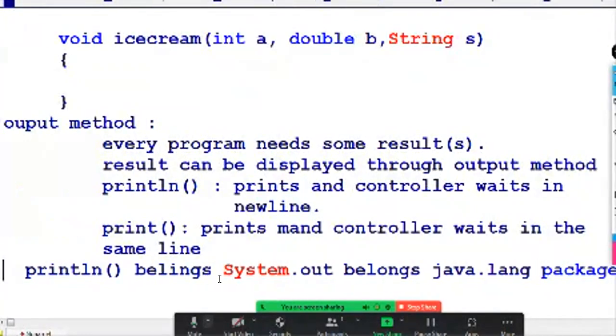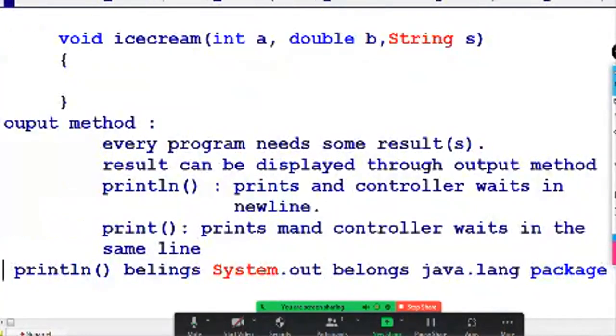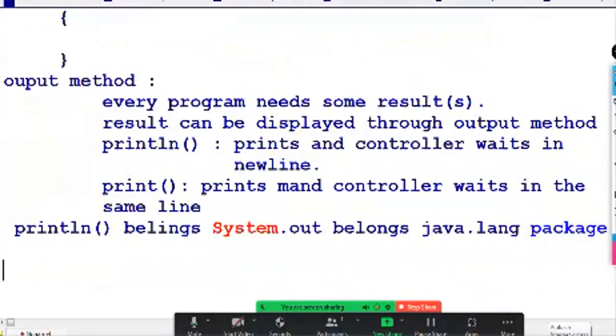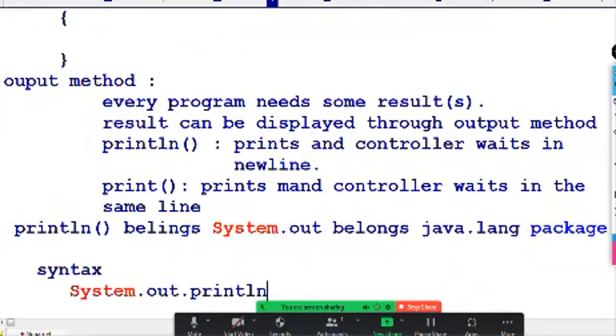This java.lang package is the default package which is imported by default for every program. Now the syntax: System.out.println, followed by any text you can give inside the double quotes.